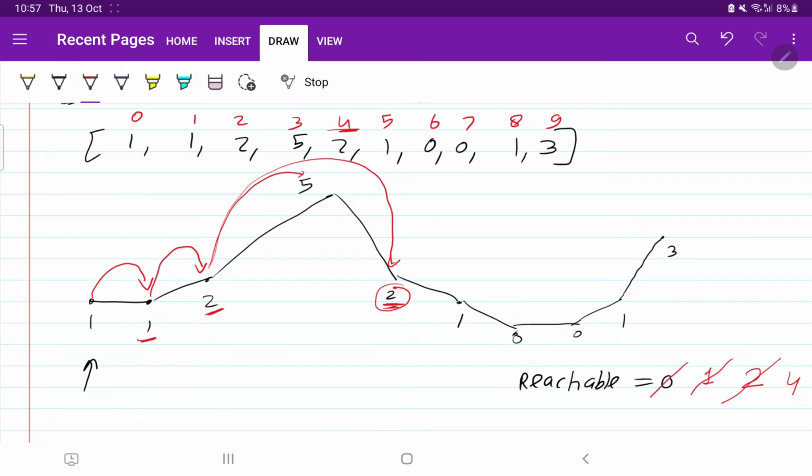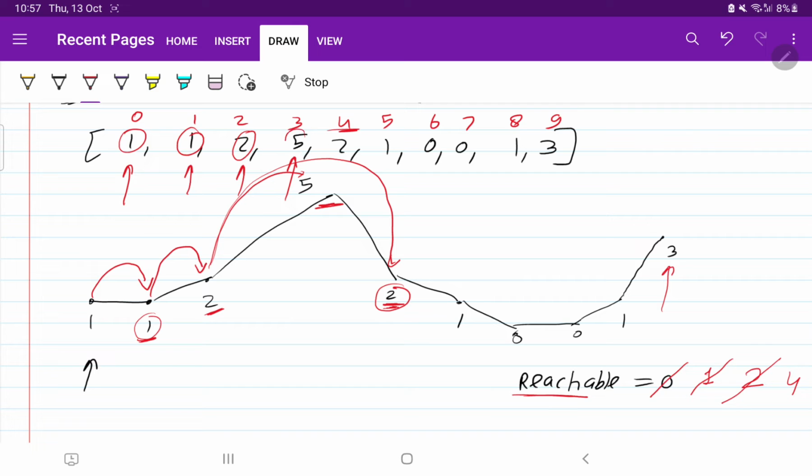What we are going to do is check if reachable gets to the last position, it means we can reach the end point. So what we have done, we have checked, can we reach the next point? Yes. If we can reach the next point, we update reachable. So reachable is nothing but the maximum distance it can cover. We are traversing each element of the array. First we have come here and checked what is the maximum reachable. Here what is maximum reachable, here what is maximum reachable.